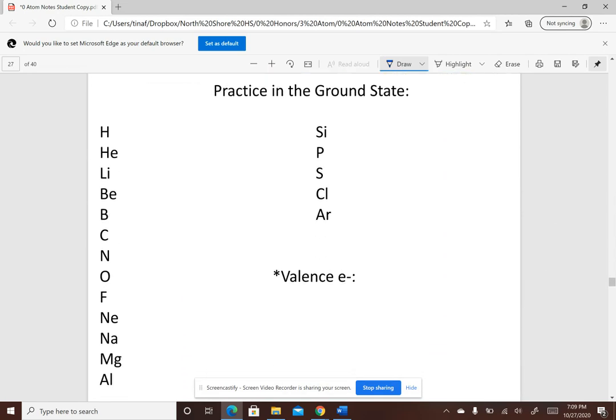Okay. So first of all, to know how many electrons, the atomic number, which is on the periodic table, equals the number of electrons. So before you even start, you should know how many electrons total should be in your electron configuration, and that should help you check your answer to see if it's right.